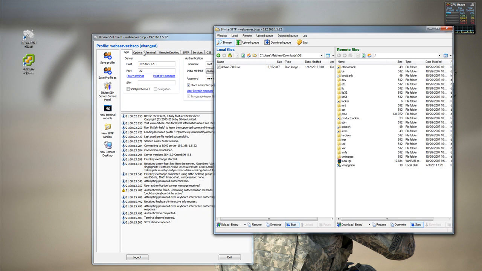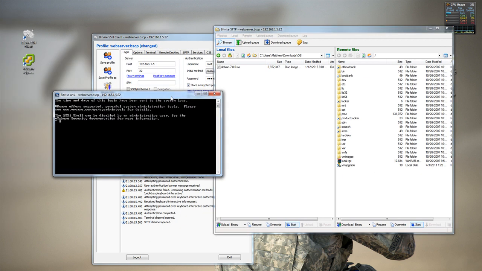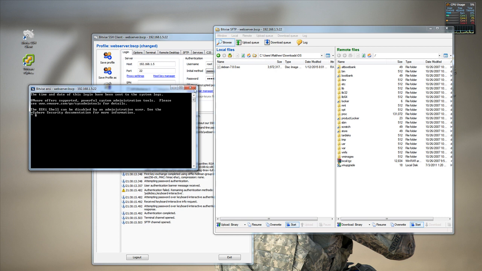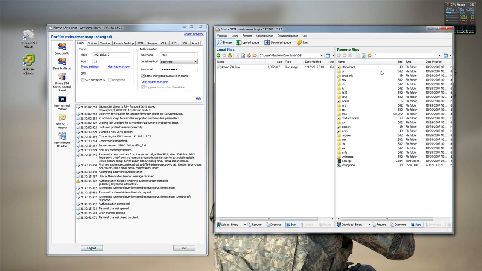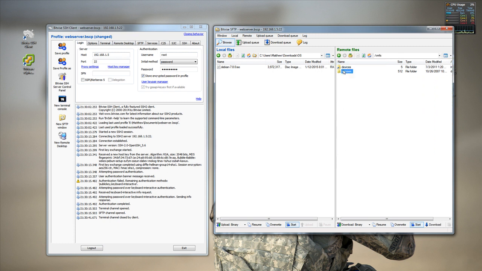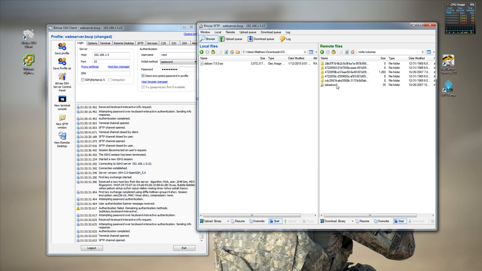Okay, here we go. So when you first log in with this program, you'll get the SSH shell, but I don't need that because it's already been disabled. So I didn't enable that part. So what we're going to do is go to my data store, which is located under the folder VMFS and then volumes. And when that finally decides to open up, because it's a little bit slow,